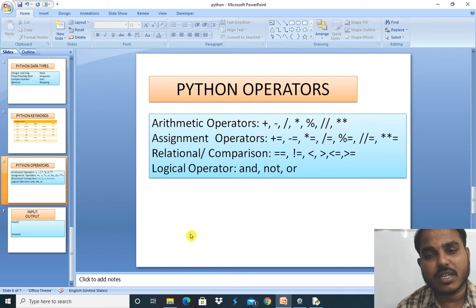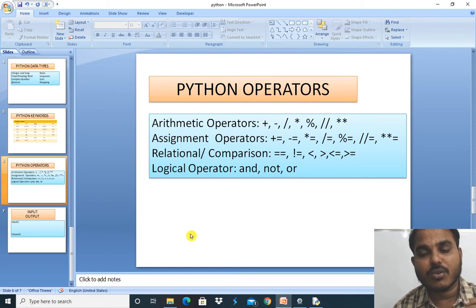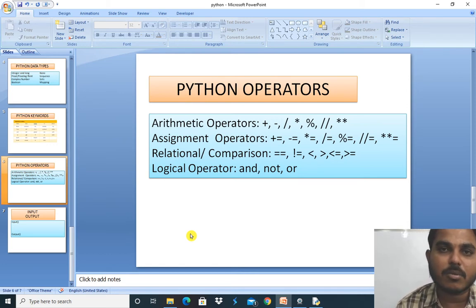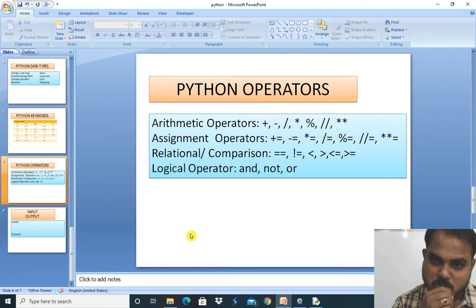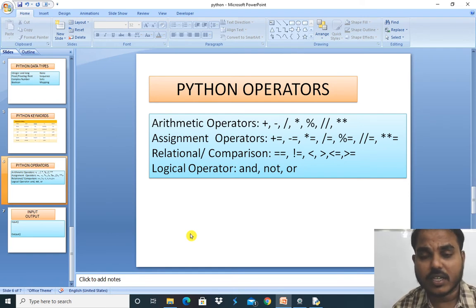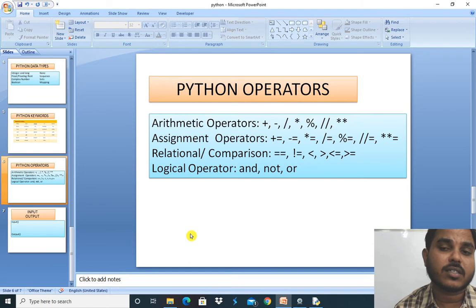Double division is nothing but if you want to get only the floor value, the standard value. Say for example, if you are dividing 5 by 3, you will get a long value, 1.666 something. If you want to get only the standard value, that is 1, then you can use the double slash.